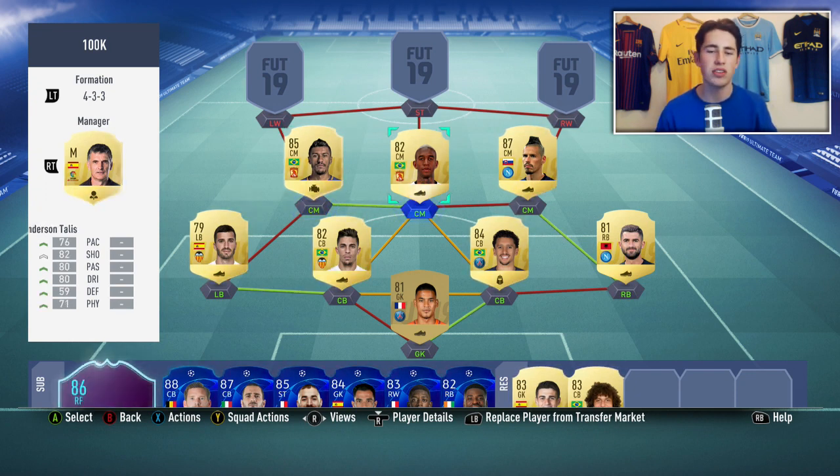In the middle of the pitch, I've gone with his teammate Anderson Talisca, getting the hyperlink into him, getting the two of them on full chemistry, and he's one of my favourite midfielders on the game this year. He's got all the right stats you want for an attacking midfielder. Really good shooting, especially from range. His long shots are deadly. Good passing and dribbling, 4-star skill moves and 4-star weak foot, and he's got good physical, and he's 6'3" as